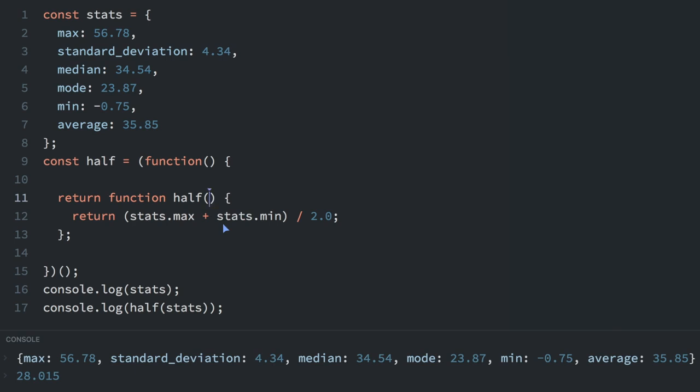So this is what we're going to do. I'm going to put in some curly braces here and just put max and min. So now when stats gets passed in, it's destructured into just the max and min variables. So now instead of doing stats.max, we can just do max, and instead of stats.min, we can do min. So if we reload that, it's going to work exactly like it did before, but now we only pass in